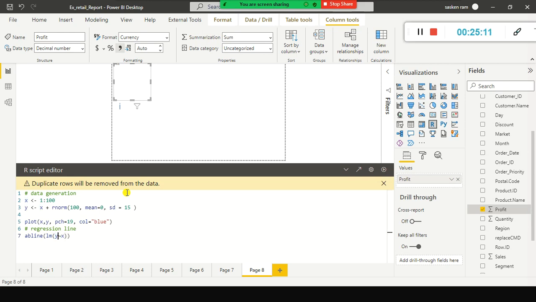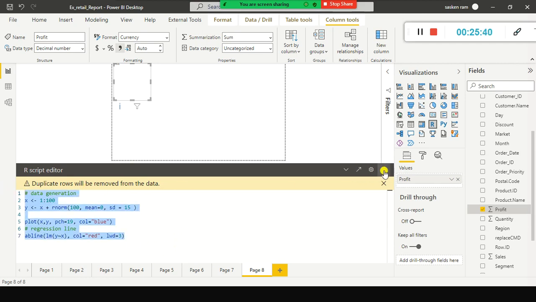In linear regression, the first argument is your dependent variable, and this is your independent variable. Your independent variable can be more than one value. In this case, for demonstration purposes, I am going to use only one variable, and something like that, okay, lwd equal to 3. That's all.